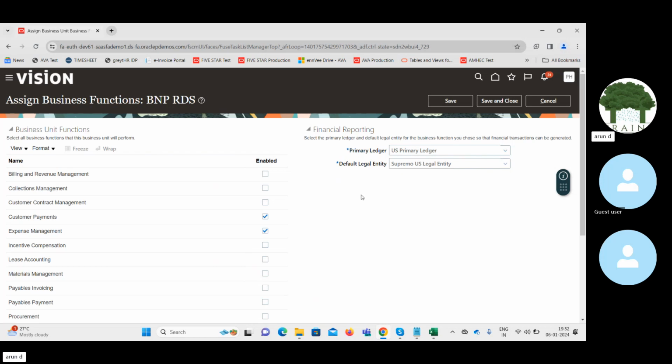Now if I create any invoice, that is a payable invoice or a receivable invoice, it will be transferred to this particular primary ledger. So this is how we are mapping the business unit and the primary ledger. Okay, so I have given this. I am not using the material and the other options, but I'm using this payable invoicing and the payable